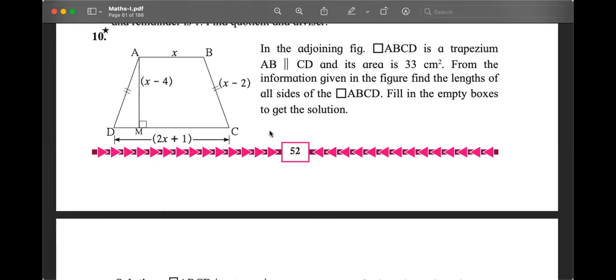How do we find the area of a trapezium? Again, we have studied this long before. Maybe first time we studied this in class 7. And we definitely studied this in class 9. How do we find the area of the trapezium? What is the formula? If you want, you can see what is there in the remaining part of the question and try to remember the formula for area of a trapezium.